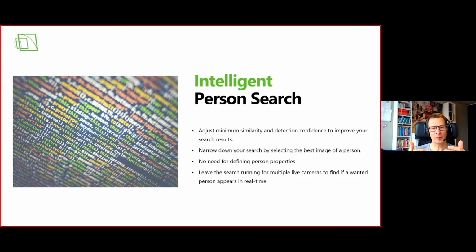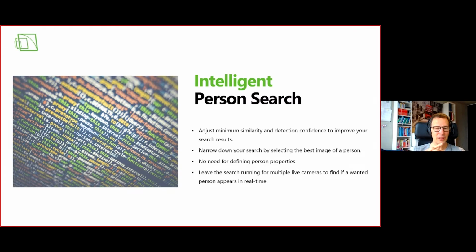If you see, for example, that the picture is too poor to identify persons, you can reduce the similarity and detection confidence to get results out of this. So then you can select the best image of the person out of the thumbnails that you are getting. You will see this later on. So you can select the thumbnail and see, oh, now I see his face. So open it up, seeing the video, export the video. Look, this is his face. Maybe somebody is recognizing him.